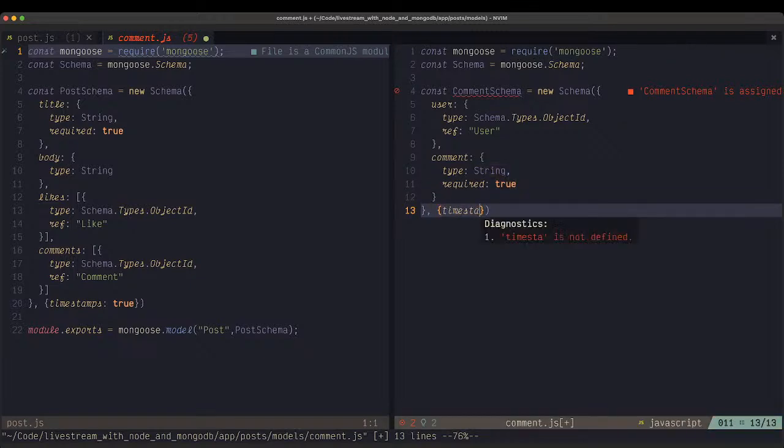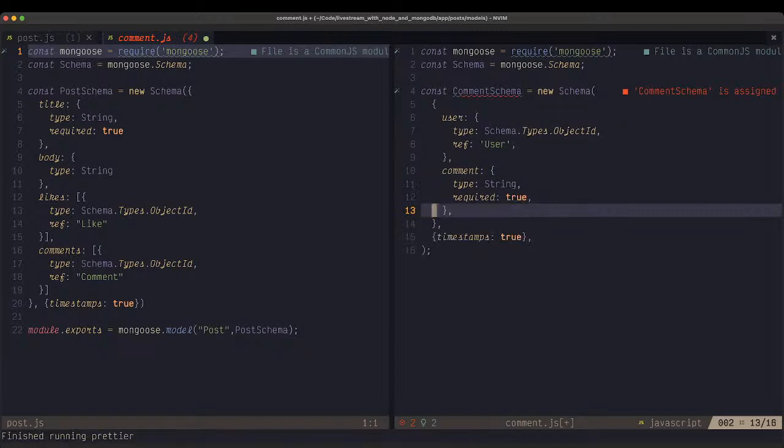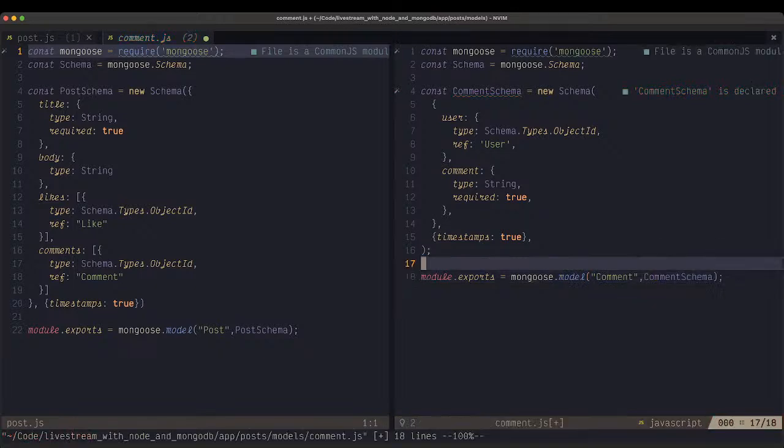It's not by force that you should put timestamps in. Like I said before, they are optional, but if you don't use them, you have to start creating createdAt and updatedAt fields yourself, and then work on making sure that they actually update as needed. Then, like before, we're going to export this as well and create a model, capital Comment, and comment schema. Now that's just about what we need for this comment